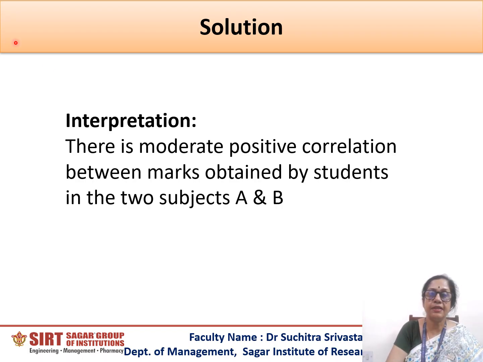Now you can see that this is how the interpretation is written. It is moderate because it is around 0.5, and positive, because the value of capital R or rho that came out was positive. So we will say that there is moderate positive correlation between marks obtained by students in the two subjects A and B. Please remember कि आपको जब भी कोरिलेशन का सवाल करते हैं इंटरप्रिटेशन देना बहुत ज़रूरी है, उसके लिए आपको मार्क्स मिलते हैं।